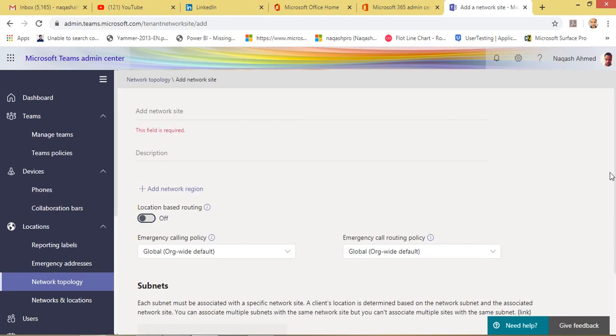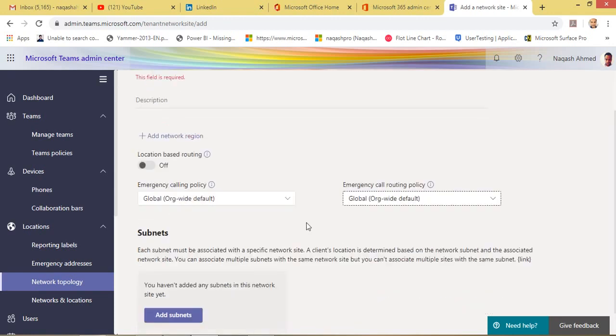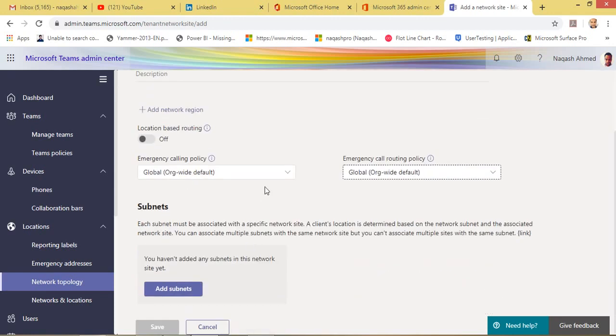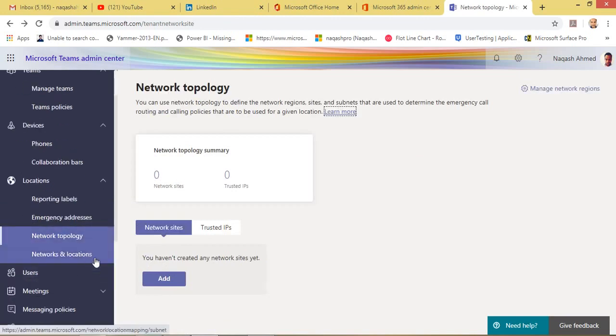Okay, emergency calling: these are two policies, the global policies, routing policies. Subnets: each subnet must be associated with a specific network site. This will specify a client location or an office location of your Teams, where it will be used. Okay, so this is the network topology, networks and locations.